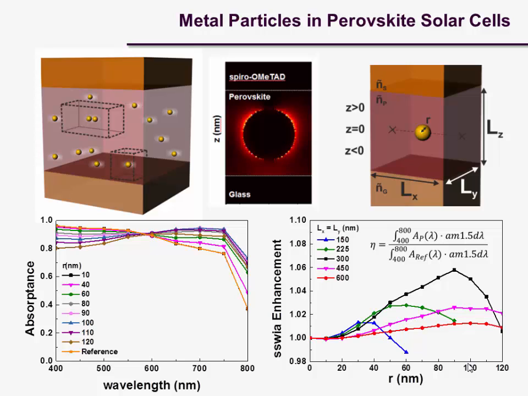They're up to 300 nanometers. So these are actually the type of thickness that you can find in a perovskite solar cell. I'm not going to explain everything that I put in this slide because it's too long, but basically what you see here is our estimation of what happens with absorption. This is a map of absorption where I have a gold particle inside a perovskite layer surrounded by a spiro-OMeTAD and glass layer. So there's a clear positive effect of the near field around the gold particle, and also the